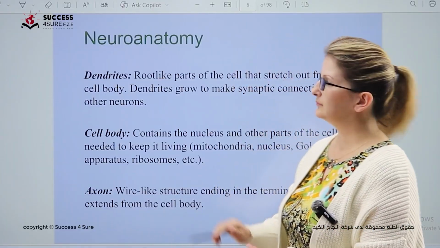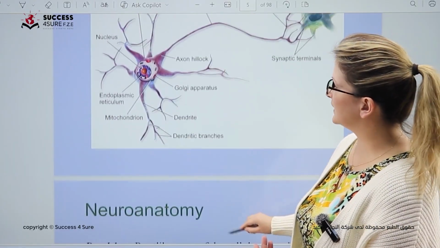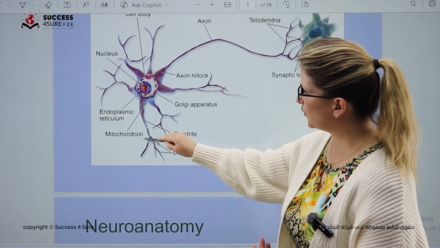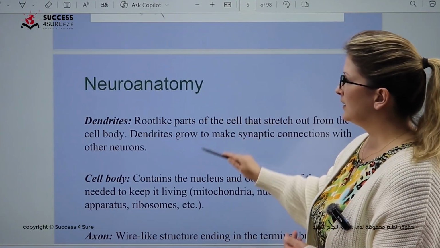Dendrites, as you can see, we call them dendrites, the ones that are branching. Root